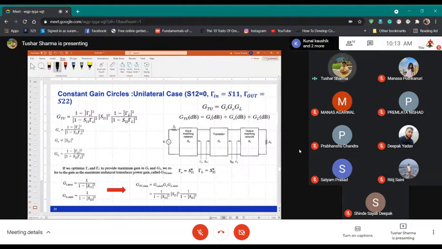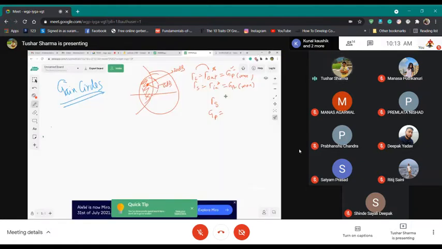So now if it is dependent on my gamma L, since my GP is a function of gamma L and my S parameters, you will end up getting different circles of different values of gain. So 15 dB, if you go further apart, it might be 12 dB. Depending on what your application is, you will select whatever impedance. We will do it. Just wait for another 15 minutes. We will get into it.